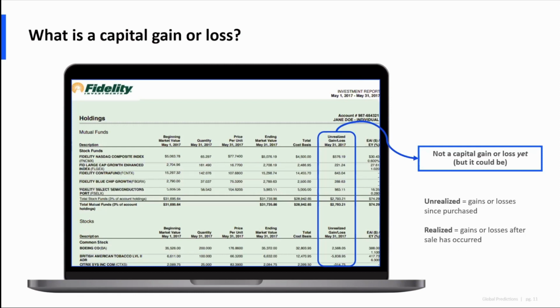The reason is that capital gains happen when you realize a gain or a loss. We'll talk a little bit in the next slide about what that means. But basically, if I take this Fidelity statement and I find my Boeing stock here, I only have to pay the capital gains tax if I sell that security, either in part or in whole. So as you consider what your tax burden might be, think about whether you have made transactions where you have locked in a profit or a loss, rather than whether, when I log into my brokerage, it says that I'm up or down on a given day.